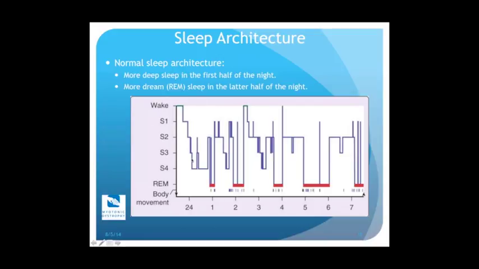I don't know if you can see my mouse here, but here, stage 3, 4, those are the deep stages of sleep, okay? And then REM is rapid eye movement, which is dream sleep. And here on the x-axis are the hours in the night. What you see is a little bit of dream sleep occurring in the first hour or so after falling asleep, and then it gets longer and longer, more dream sleep, and the deep sleep actually dwindles as the night goes on. So they're inversely related. Lots of deep sleep at the beginning of the night and lots of dream sleep at the end of the night.